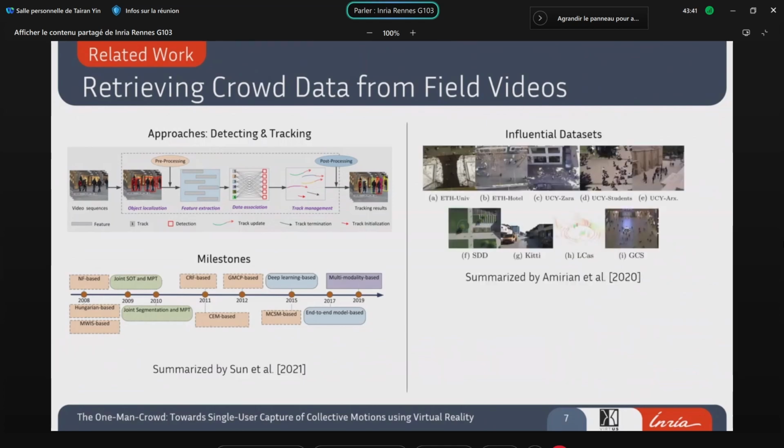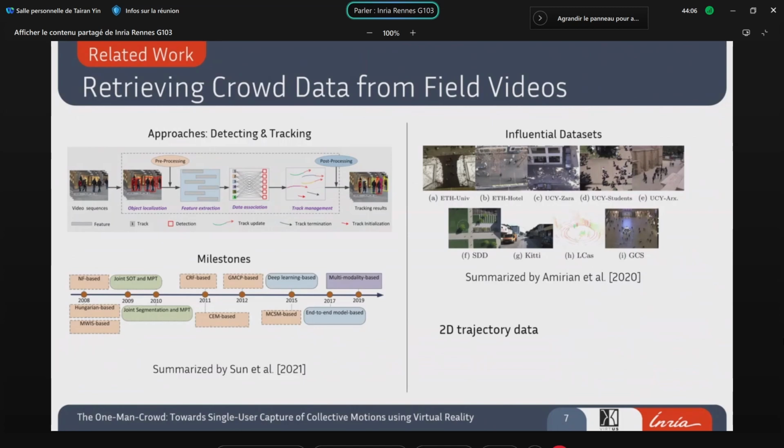And in the past decades, field observations have contributed several influential datasets, such as the ETH-UCY dataset and the Grand Central Station dataset. And these datasets mostly contain 2D trajectories for the pedestrians.